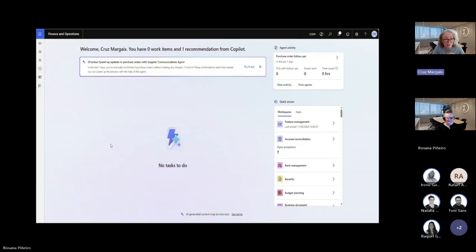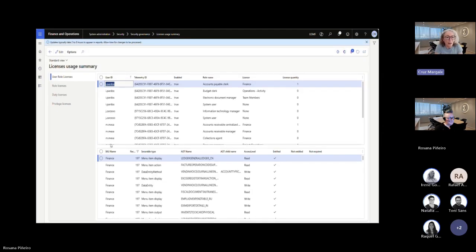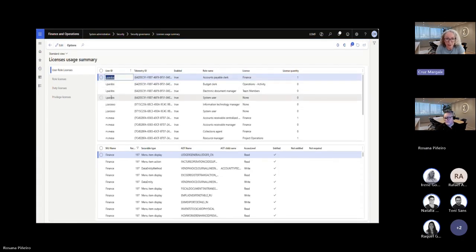So we've got this module here, and then we've got the license usage summary. And here we can see all the users with their required licenses based on their roles. So we can see this first user that has 4 roles.